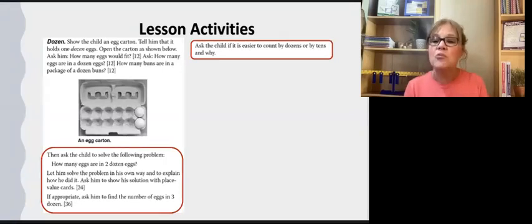Don't just focus on whether the answer is right or wrong. Find out why it is wrong. How are they calculating the answers? Why did they answer the way they did? And this is going to help you troubleshoot and guide your child to correcting their errors. Also, when you're asking questions like this, don't rush them. Let them think through the process before you start filling in the blanks for them.